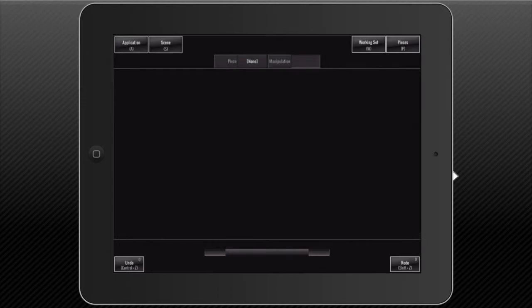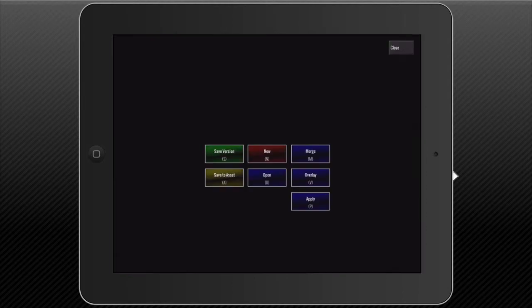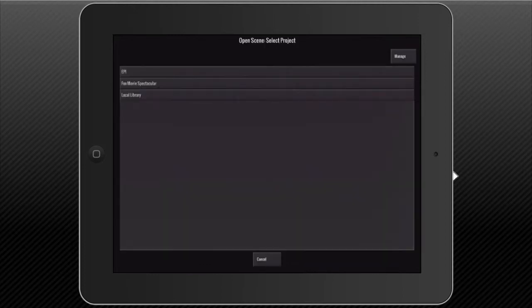The next thing we're going to look at is opening a scene. And yeah, I assure you things will get a little more interesting than this, but you hit the S button, go into the Scenes menu, and right below the New menu is the Open button. We'll press the O key, and we're going to go into the EPI project,